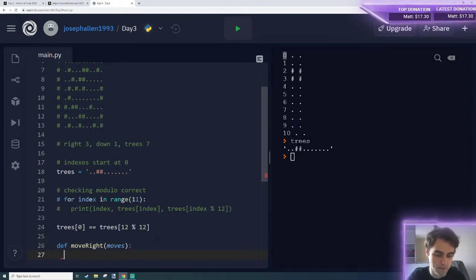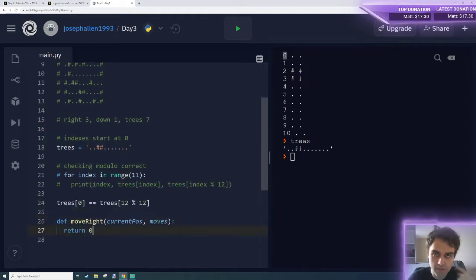So move right, and I'm going to need a current position, and I'm going to need a new position. So let's say current position, and we're going to want to return a new position, which in this case will just be the index as we move through. So I'm going to return 0 every time. And what we can do here is move until we're at the end of the list, which isn't really going to happen. So let's just make 10 fake moves for now. Move in range 10,